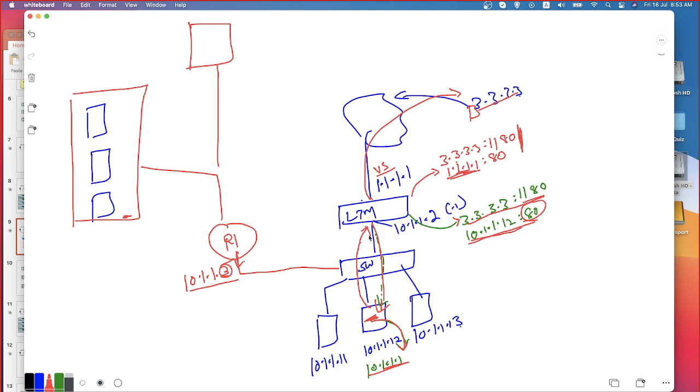What would be the default gateway that I am allowed to configure and why would I do that? If I am going to keep 10.1.1.1 or 2 as my default gateway, the response will go only to the LTM so that the client request can be served. But these servers need to communicate with the other servers as well. For that they need to have a specific route. So you have two choices. Choice number 1, have the default gateway as the LTM's internal interface and then add the specific routes for the servers that you are trying to reach.